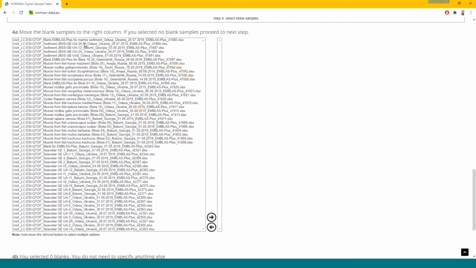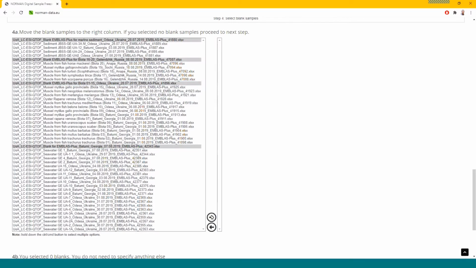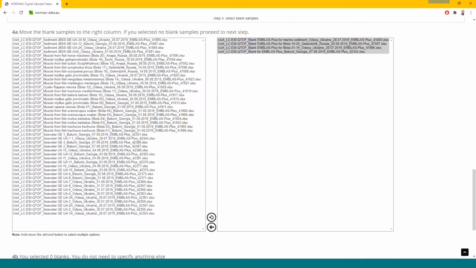In this case, we have 4 blank samples. 1 blank sample for marine sediments, another one for biota numbered 16 until 20, another one for biota from the number 01 until 15, and another one for the seawater. We move these samples and we set them as blanks.